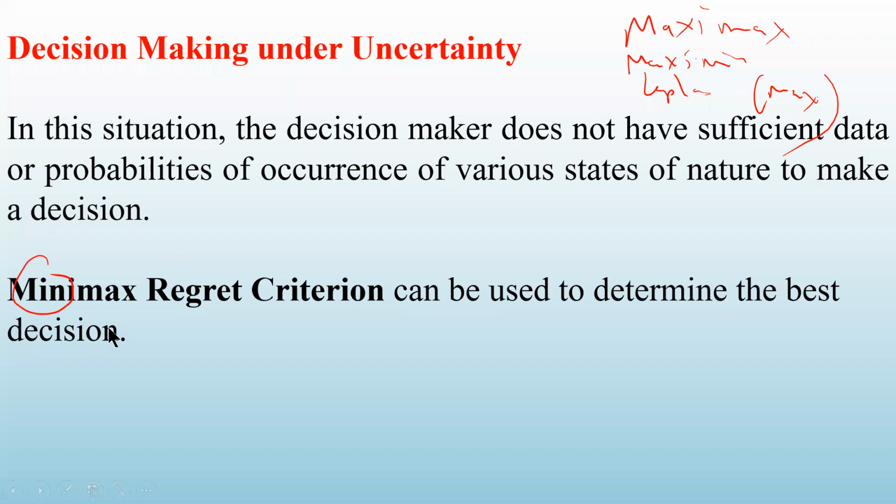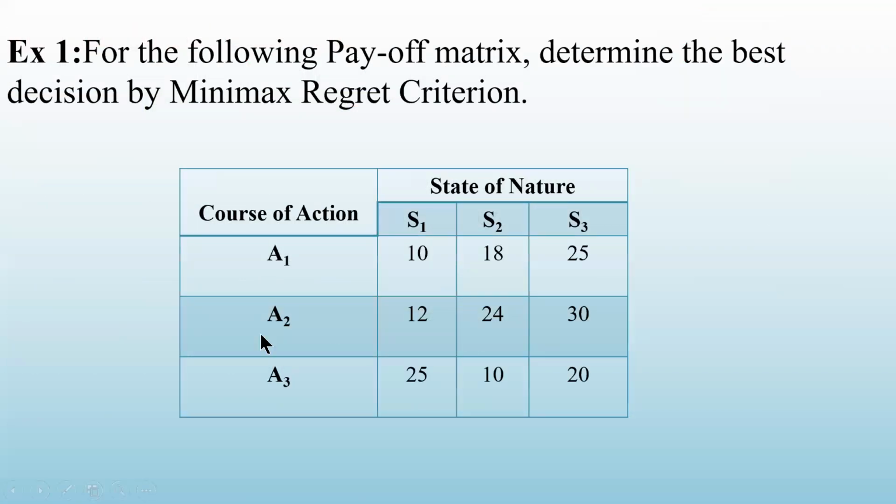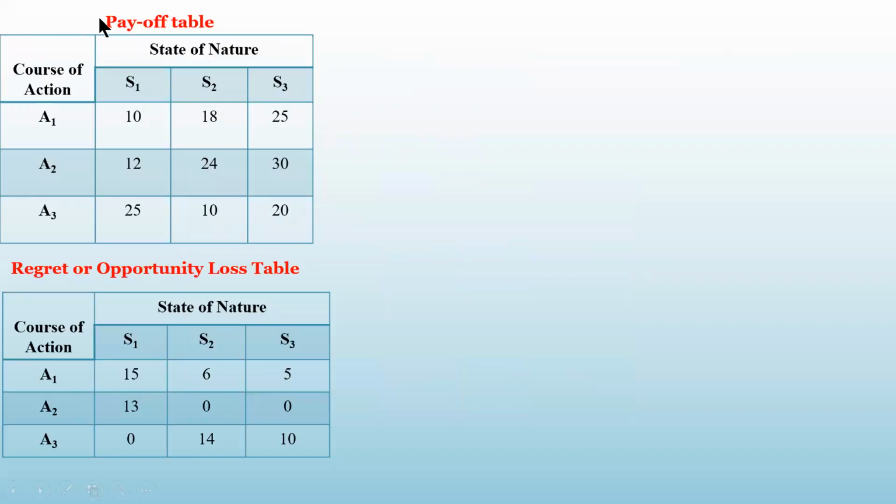So what is the minimax regret criterion? See, that is what is the difference. यहाँ हम maximum लेते थे, यहाँ minimum. तो minimum, minimax regret criterion बोलते हैं इसको. So we will see it in the next class, but I am just going to give you how we can construct the regret table. देखो ये table है, payoff table है ये. इसी table से मैं regret table, यहाँ देखिए, ये payoff table है. I have to construct the regret table.